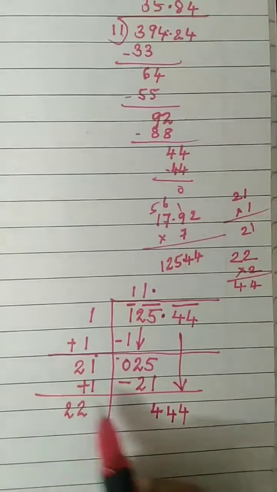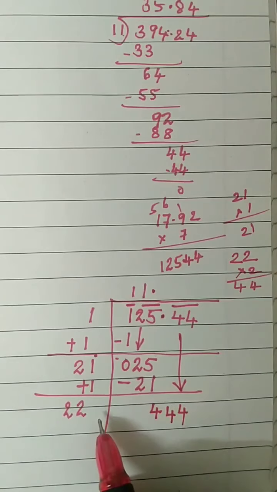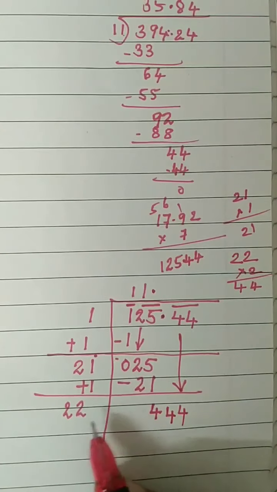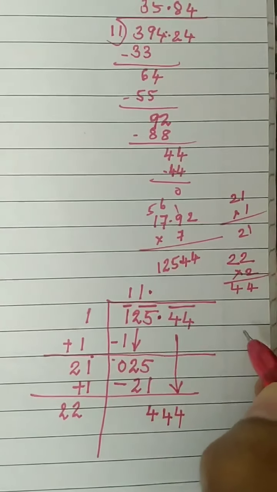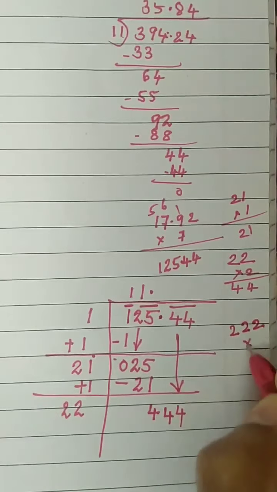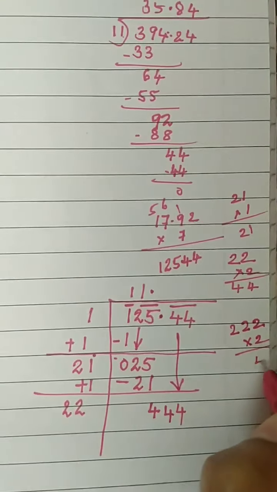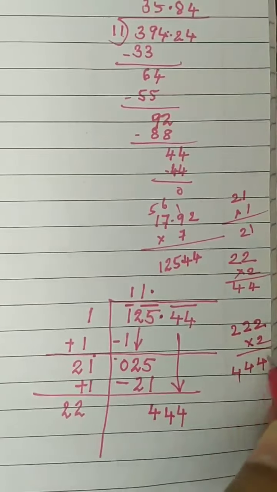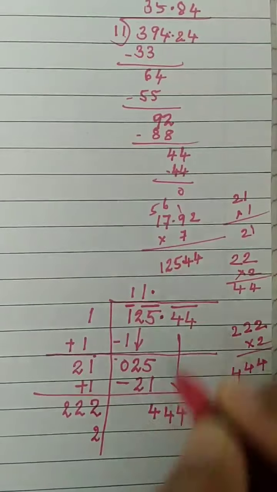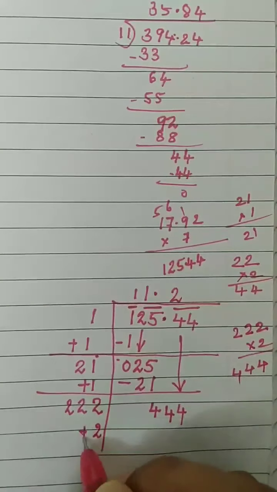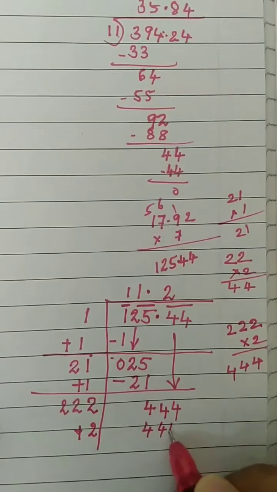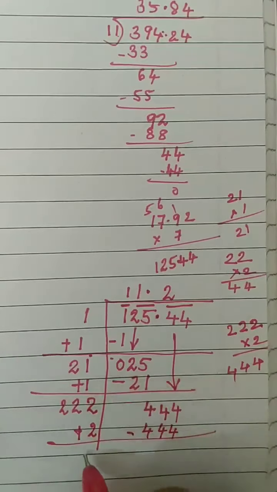Now, we have 22. Along with 22, we need one more number. Multiply by that number, you should get this. Very easy. We will go for 2 only, obviously. So, you have 22. Along with 22, we will take 2. Multiply by 2. 2 2s are 4, 2 2s are 4. Yes, exactly the same number we got. So, it is the correct digit. 2 here, 2 here, 2 up. Here plus, 222 into 2. Whatever we got, that we will write here, 444. Here minus.